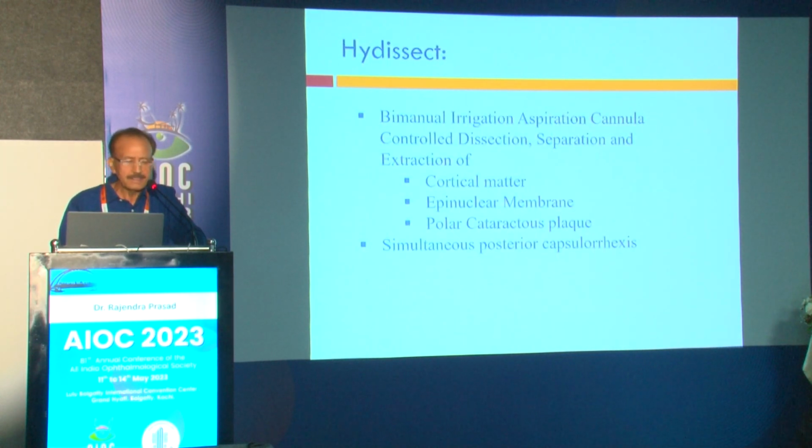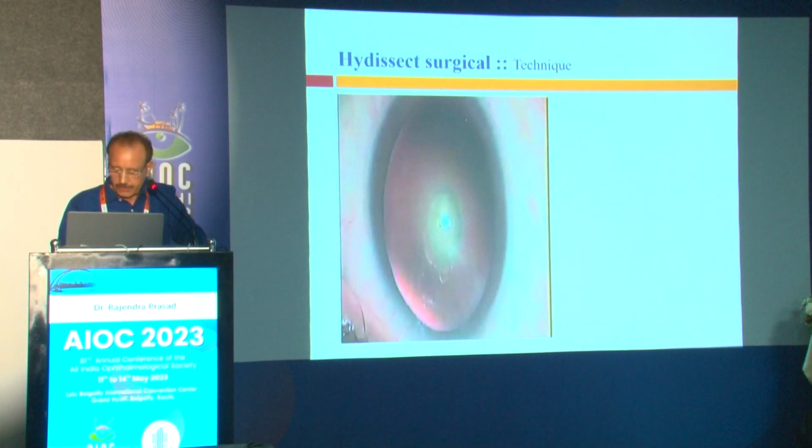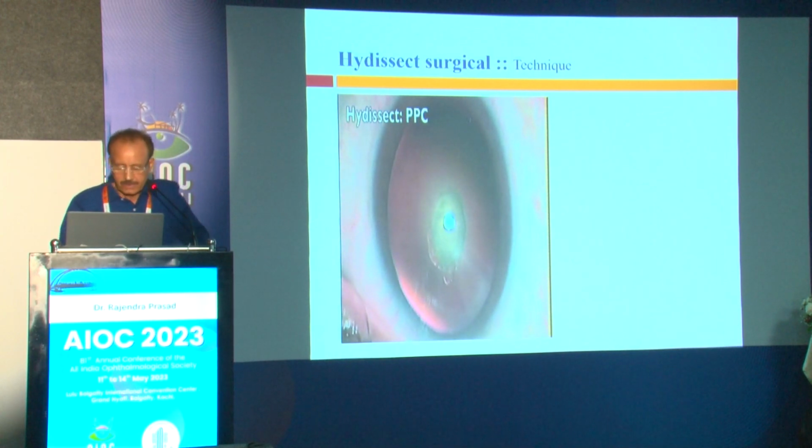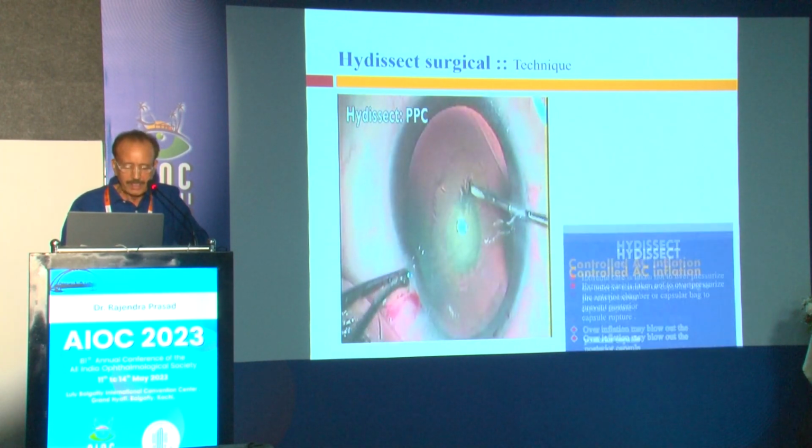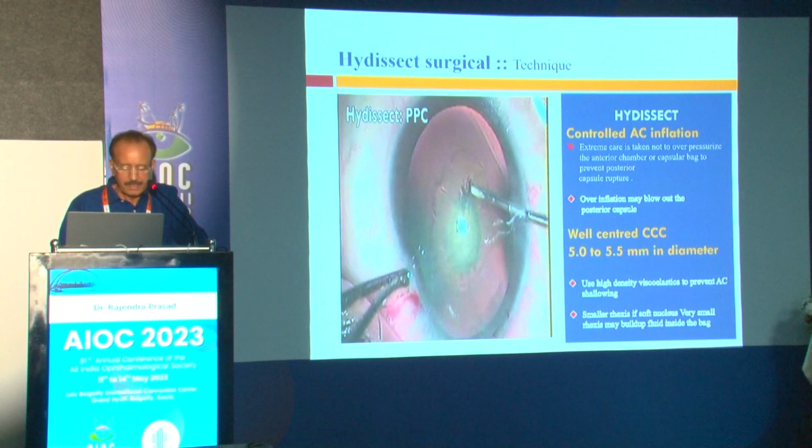So what is high dissect? It is a bimanual irrigation and aspiration cannula controlled dissection, separation and extraction of the cortical matter, epinuclear membrane, polar cataractous plaque, and simultaneous posterior capsular rhexis creation. So this is the video which I am going to show you. You have to do a good inflation of the anterior chamber and do a small